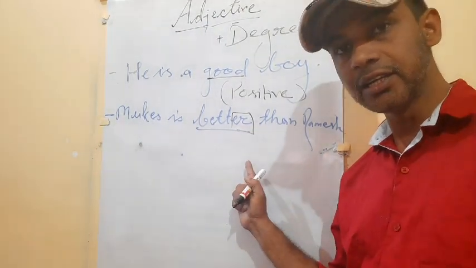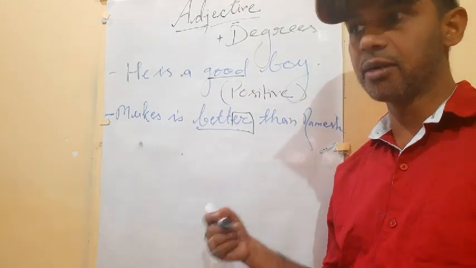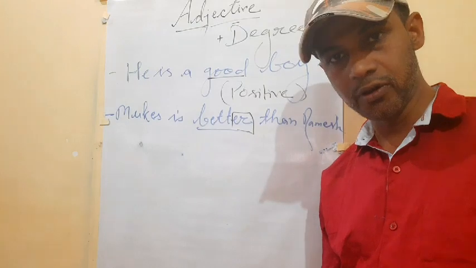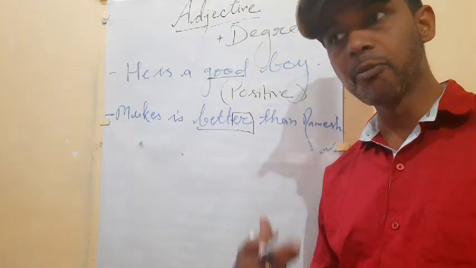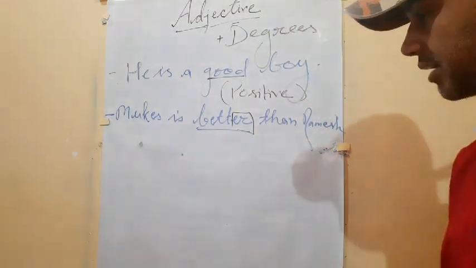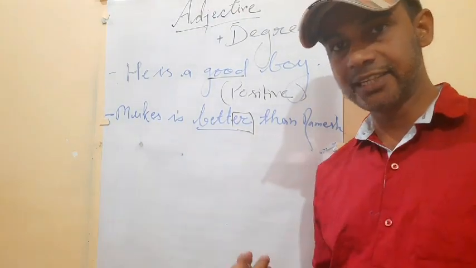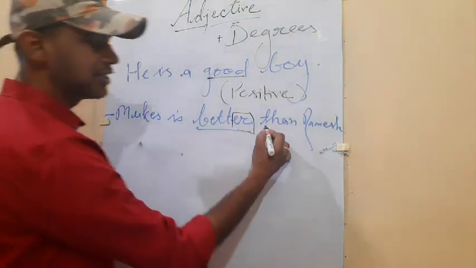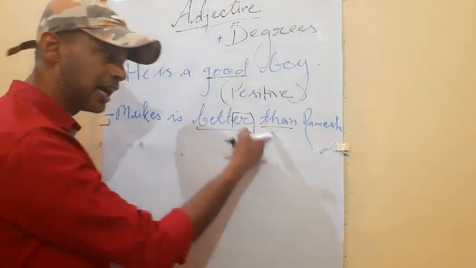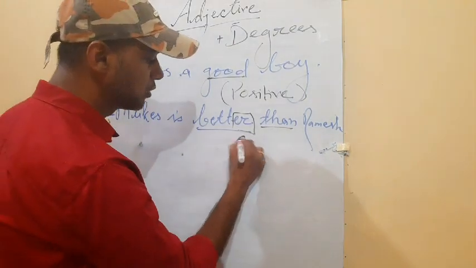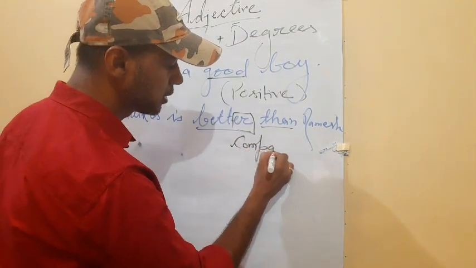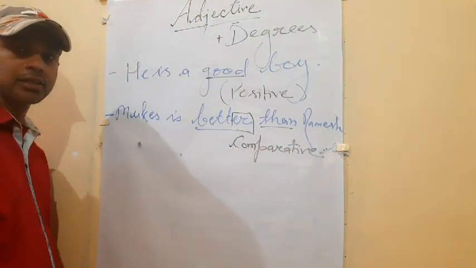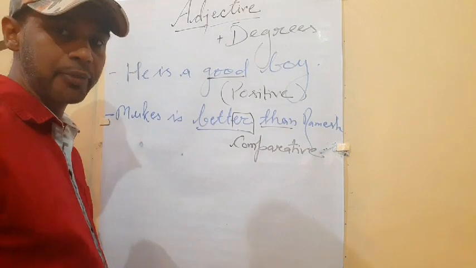If there is no ER, suppose that if I say handsome, beautiful, so we cannot use the comparative degree, so we add extra word more. Okay, more handsome, okay, more beautiful. Like such a way we can form the adjective comparative degree. So here better word is used, and after that we use than. That is also important. Than word comes in the comparative degree. So this is known as comparative degree. Understand now? So when two things come, we use comparative degree.